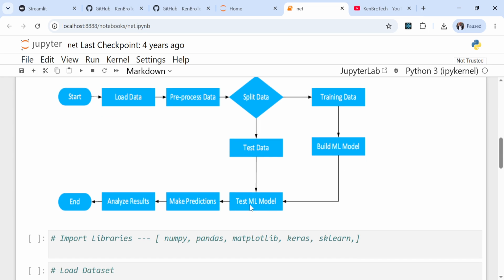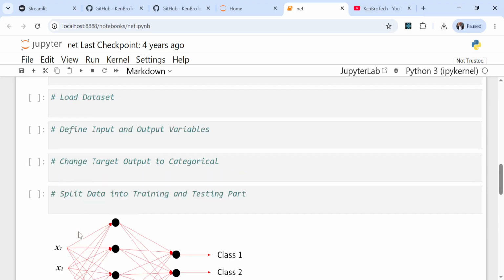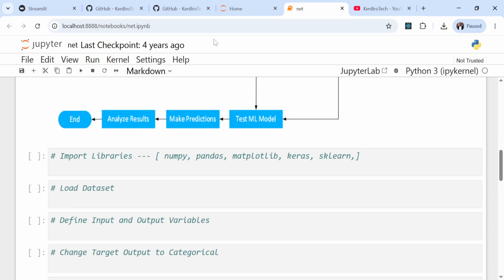And then once the model is tested, we can now make some predictions and then analyze our results, and then we end. So over here I have a few cells that have already opened up, and some comments over here. So definitely this is going to guide me on what to do. Okay, that's exactly what I was missing the last time. So let's quickly move on. Remember, we already have this